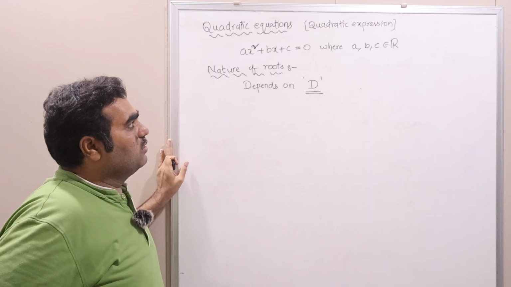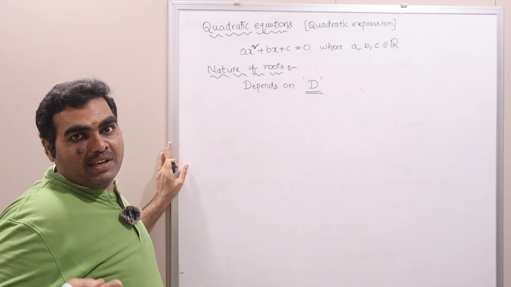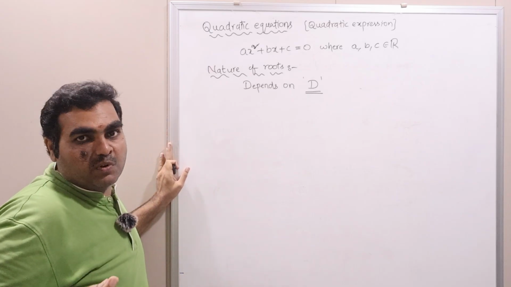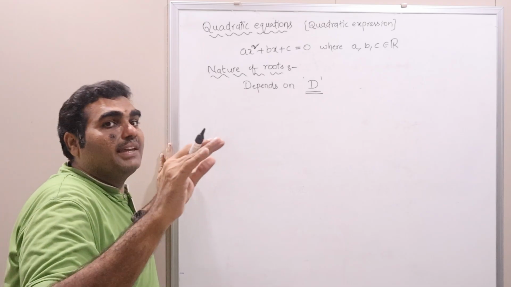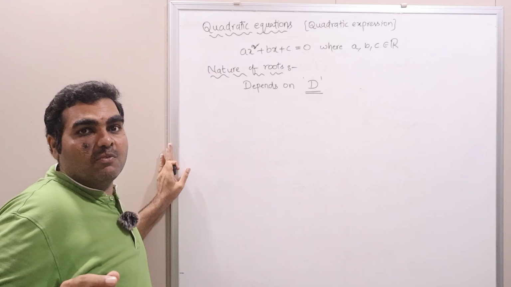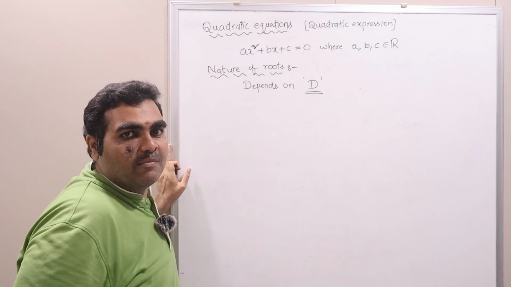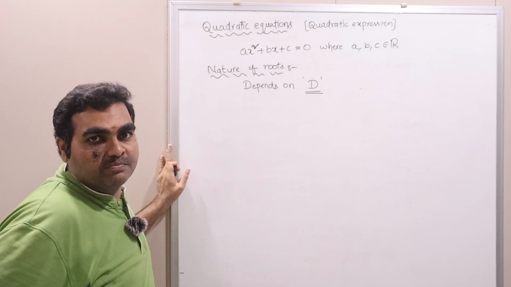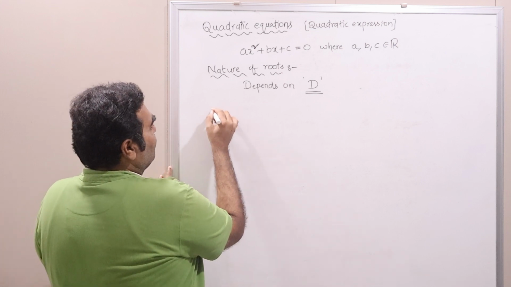As we have seen multiple cases, right? We have seen the case where D is a perfect square. We have seen the case where D is not a perfect square. There may be cases where D is less than 0, there may be cases where D is equal to 0, right? So there are multiple cases where we may consider D, and each and every case has an impact on the solution, right? So the three cases are: case 1,